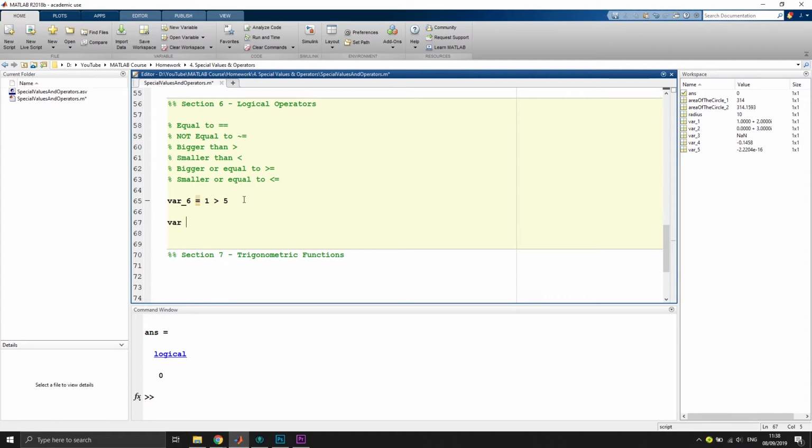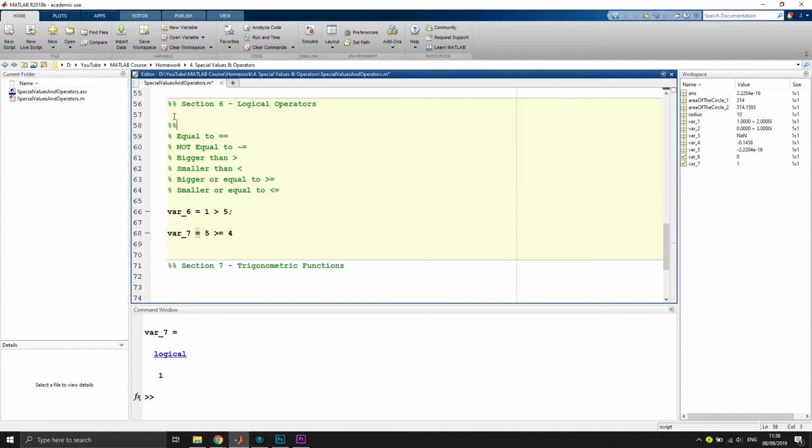Let's just check another variable, variable 7. Just call it 5 bigger or equal to, let's say, 4. What does it say now? Suppress this here. This is 1, because this is true, because 5 is bigger or equal to 4. So we can actually write that these are the so-called comparison operators, and